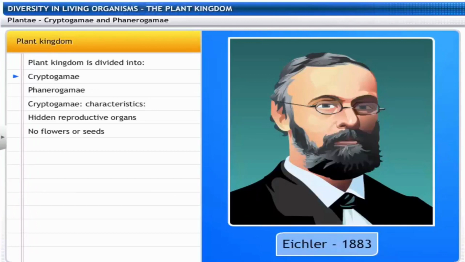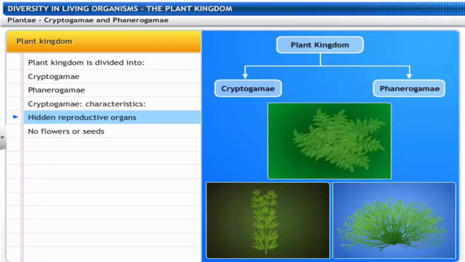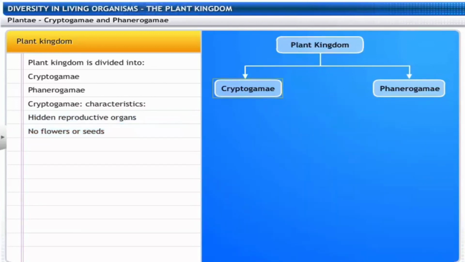In 1883, Eichler classified the plant kingdom into 2 sub-kingdoms, Cryptogamy and Phanerogamy. The sub-kingdom Cryptogamy includes plants with hidden reproductive organs. These plants do not bear flowers or seeds. Cryptogamy are further divided into 3 groups: